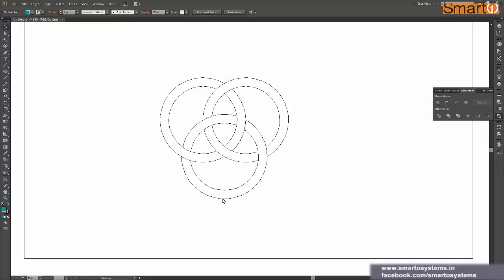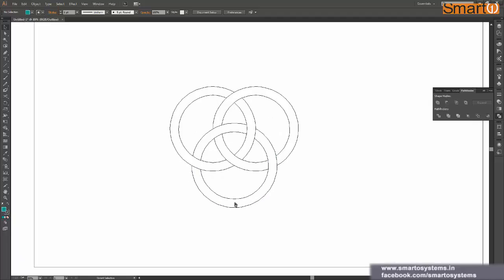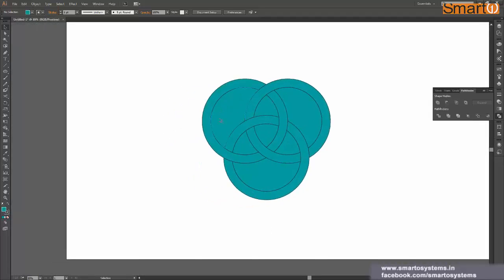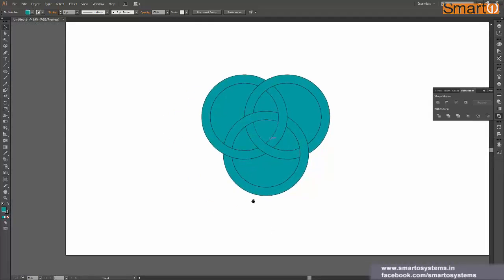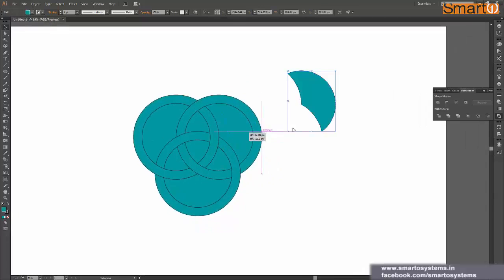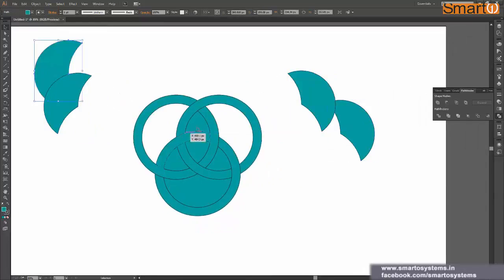So this is what I wanted to show you, that we need to perform these kinds of operations so that these rings look like they are on the top of each other and passing above or below each other. Okay, so let's press Ctrl Y again, and now you can see that we have achieved that result, but we have a shape over here that has a similar fill. So how can we avoid that? To avoid that, we just have to click and drag all the shapes over here and delete them later.